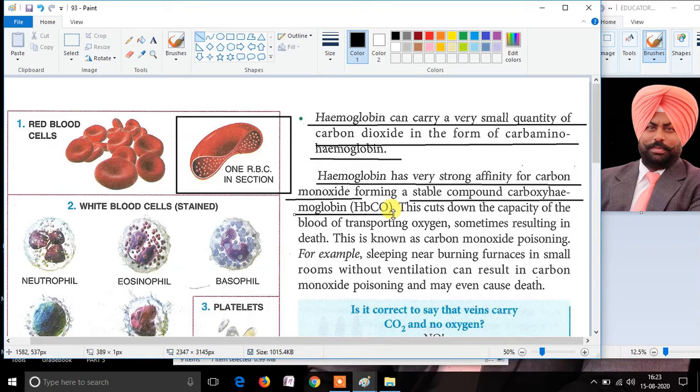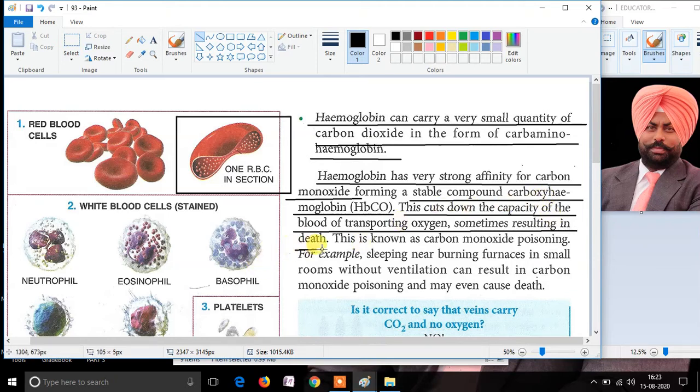Because of this, there is a shortage of hemoglobin to carry oxygen for the needy tissues. Thus, this cuts down the capacity of the blood of transporting oxygen, and sometimes because of much carbon monoxide attached to the hemoglobin, in the form of carboxyhemoglobin, it may lead to the death